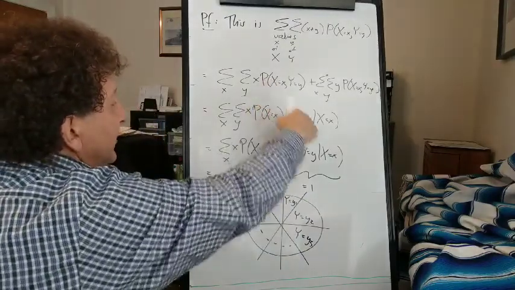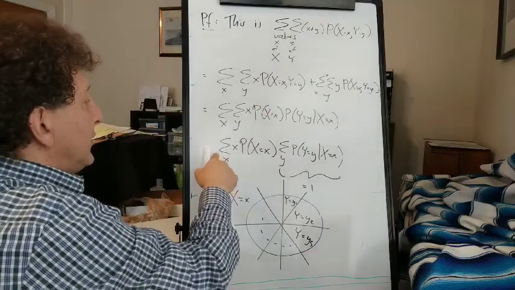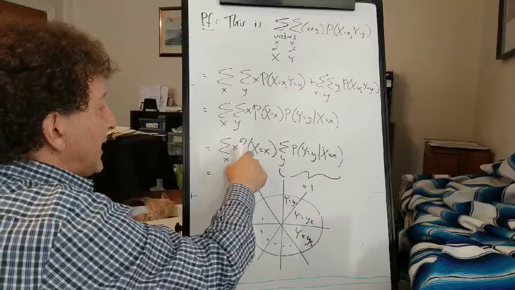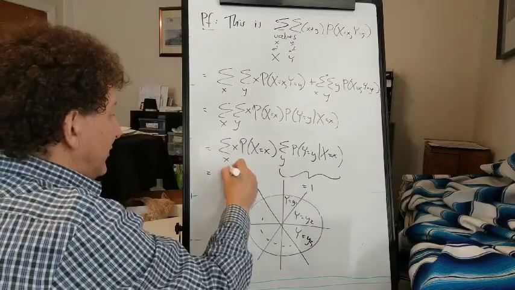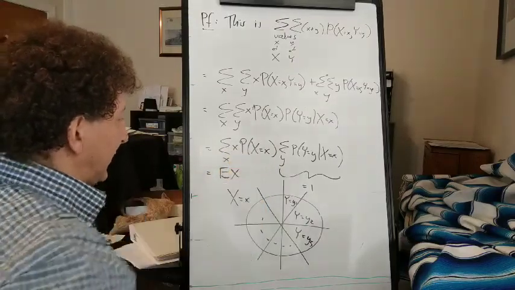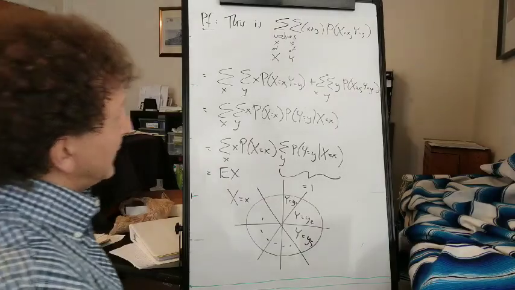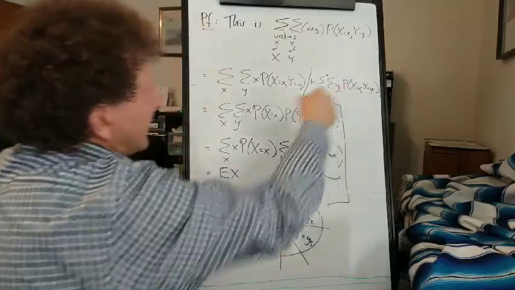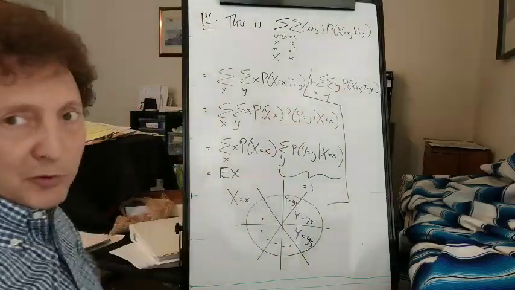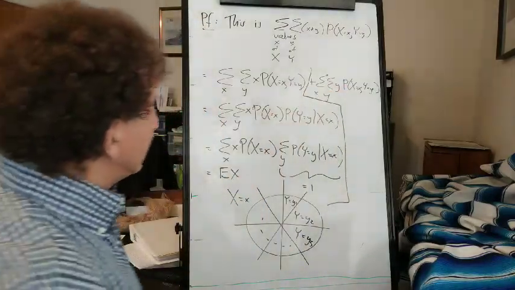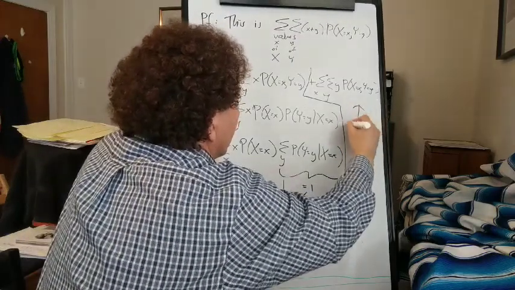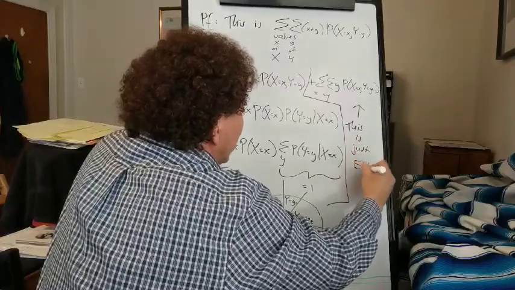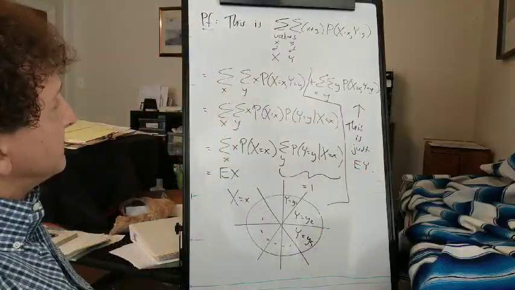So that means that this first sum just turns into the sum over values little x times the probability that capital X equals little x. And that's just the expected value of x. Similarly, now if we look at the second sum, the same thing's going to happen except the roles of x and y are reversed. So this is just the expected value of y.